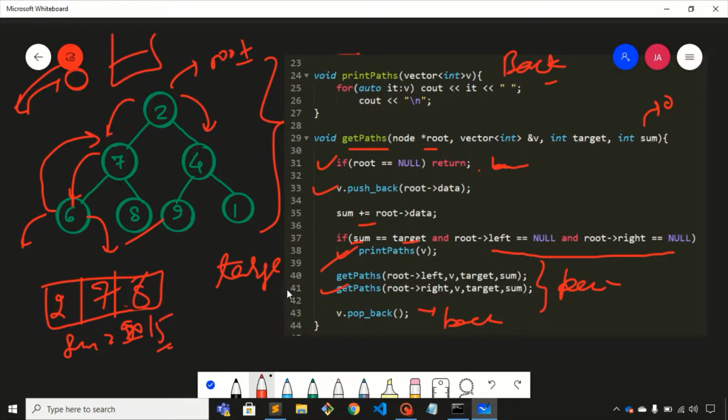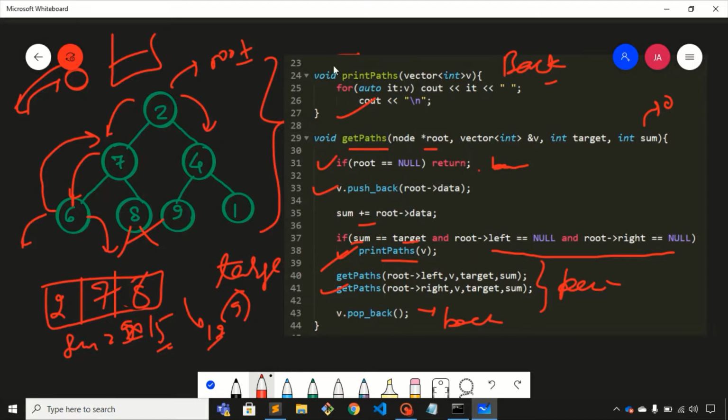Correct. So the sum value will be 9, and we just need to add 9 plus 8, which is 17. So now the sum value is 17, which is equal to target sum. This condition is satisfied, and this condition is also satisfied because root's left is null and root's right is also null for node number 8. Correct. So we'll print this path,